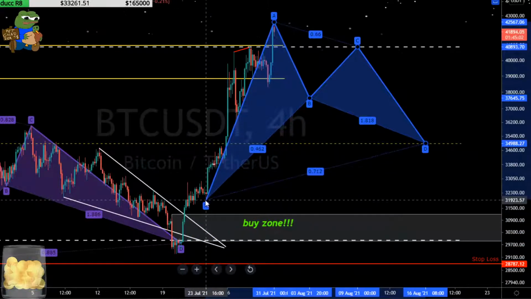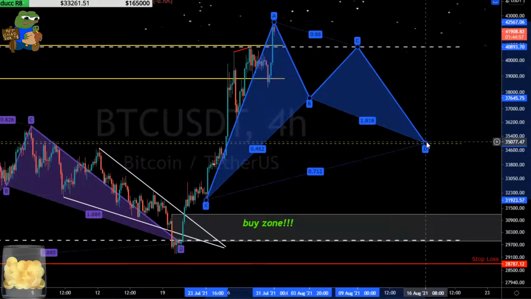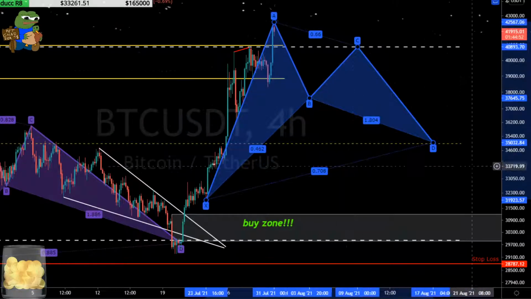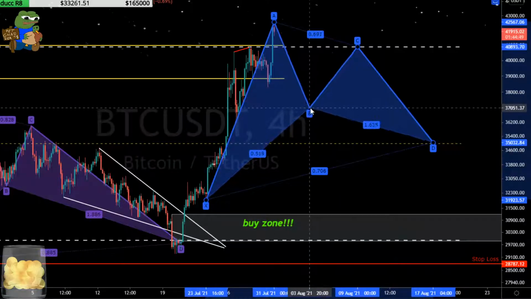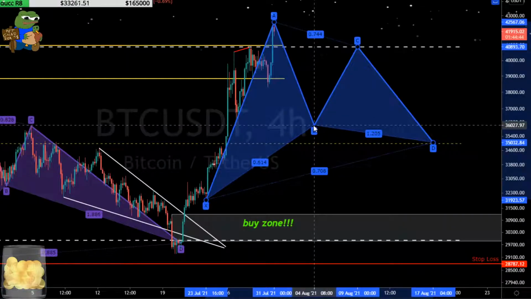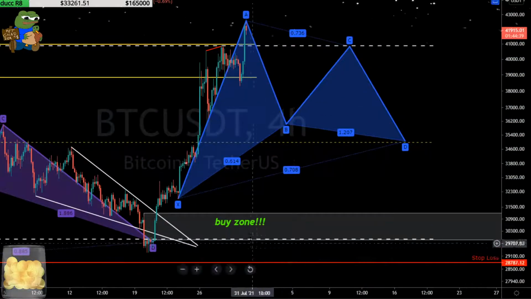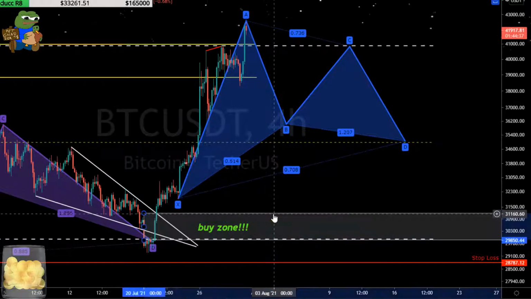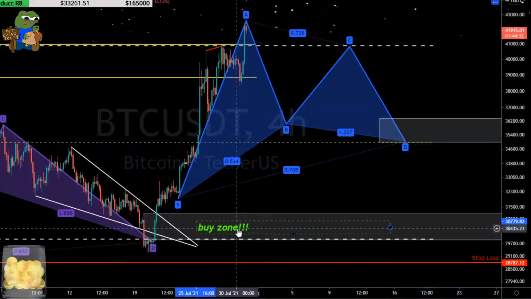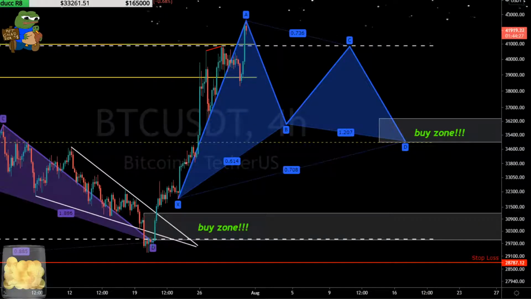Maybe the anchor point is this low, right? Maybe it's this low, and that's where you get this harmonic like this. That would be almost a Gartley. So a Gartley would have a 618 here, right? So let's say this came down, did this kind of thing, rally back up, boom. So again, you have this initial buy zone, right? And this would just create this new secondary buy zone, and it just gives people a second entry, right? You see what I mean?